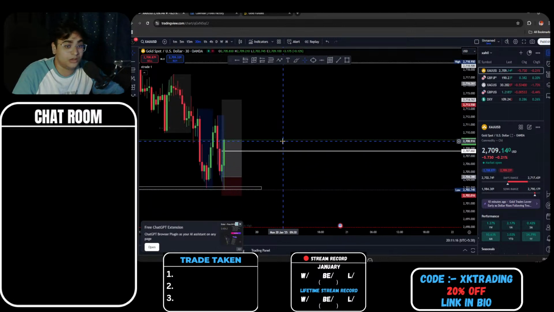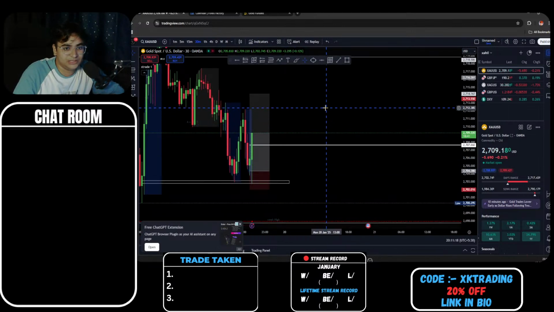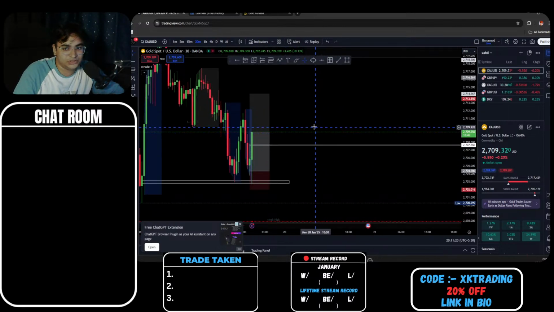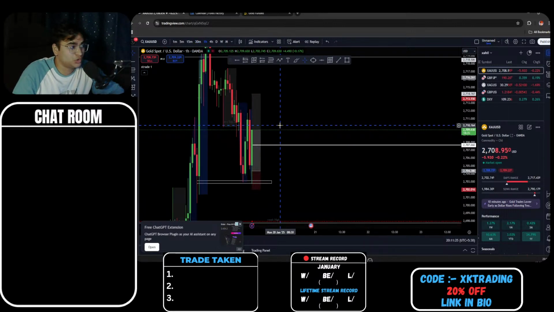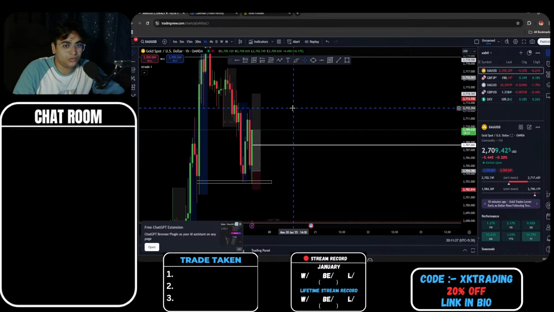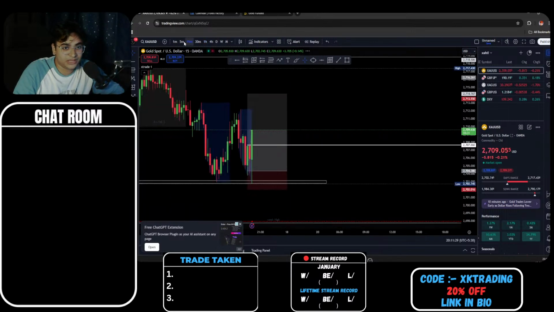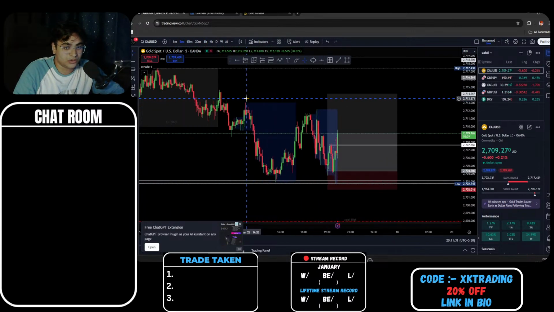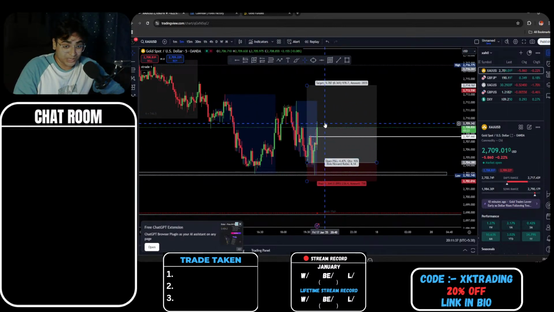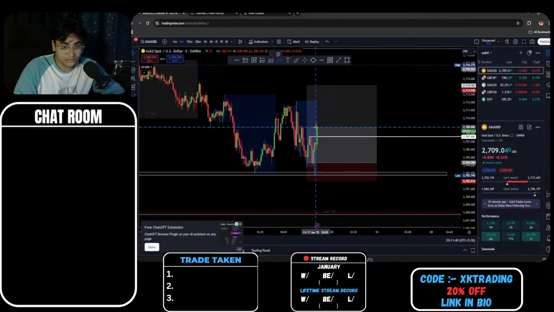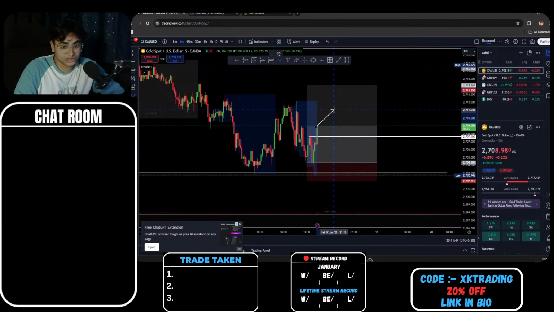The 30-minute is looking beautiful, but at the same time I am aware that this is just one candle, just a 1-hour. I need a closure on a bigger time frame. Once we see a closure on a bigger time frame, that will be a big change in the structure. This could be just a good liquidity grab, and once we do that, there's a high probability we can reject this area because it's a really strong rejection point.